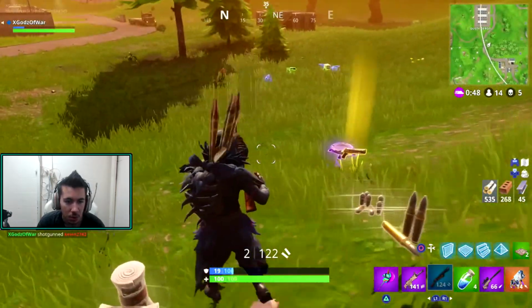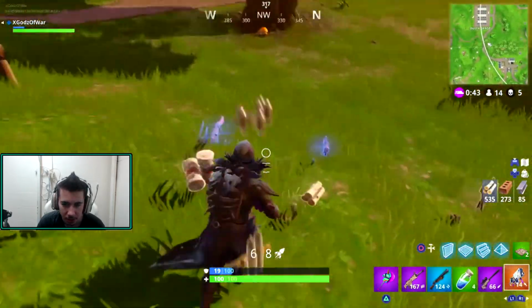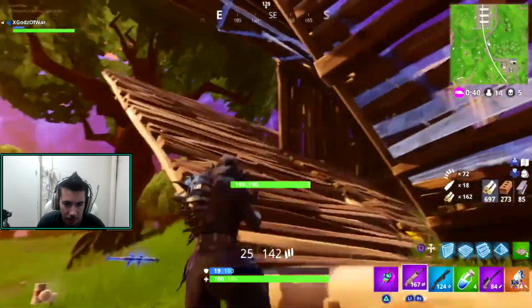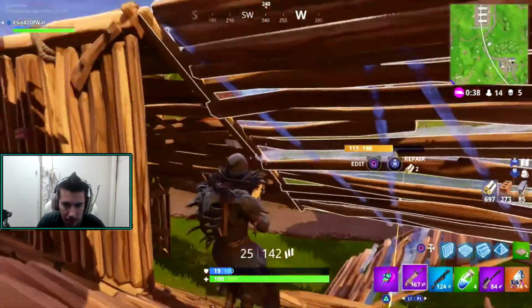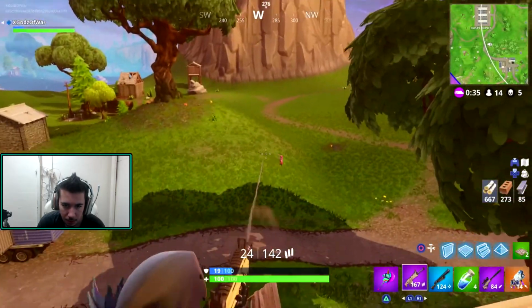Building is so important in Fortnite. That guy would have killed me if I didn't build right there so easily. But since we got the buildings up, we had the high ground on him, and then we can make plays happen. Like, this guy's going to be behind me, and since we have the high ground, we should be able to just work him because he has...